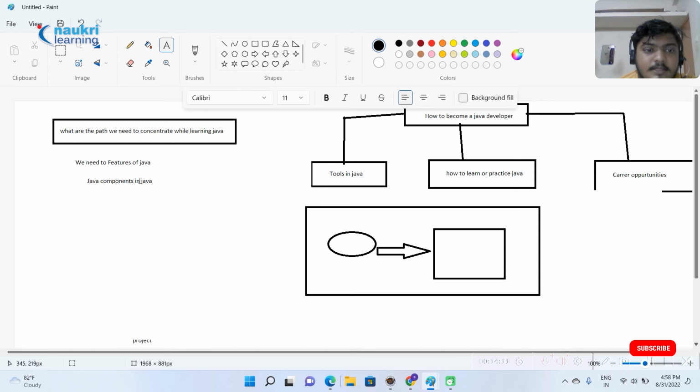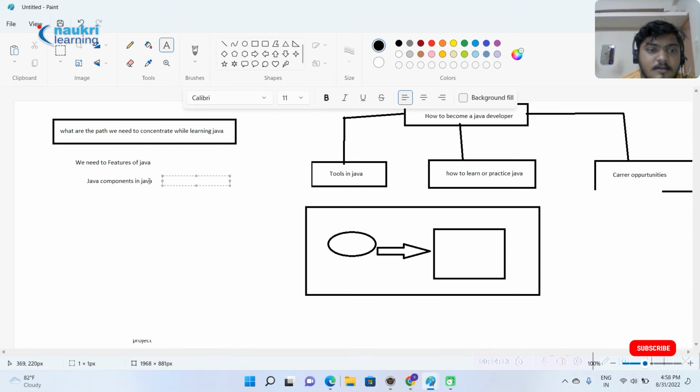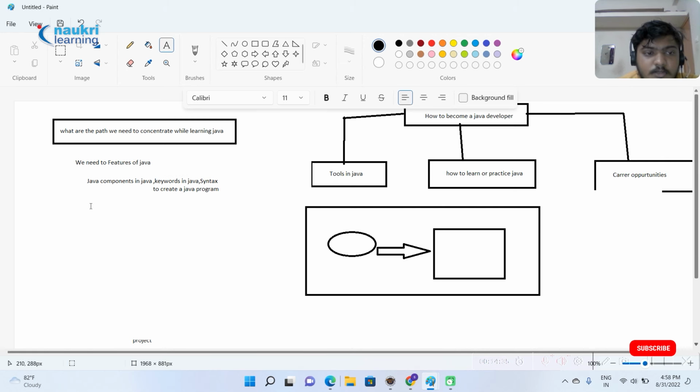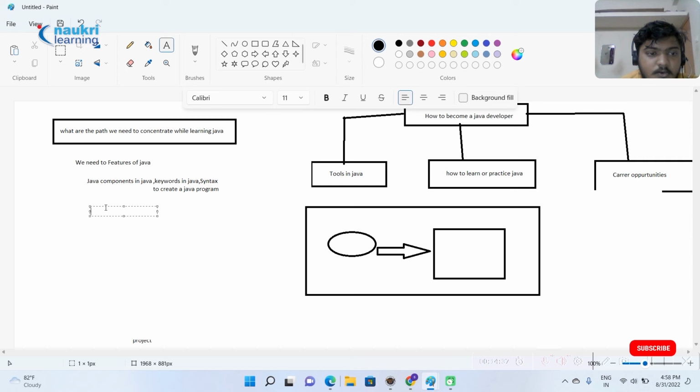What are the components in Java, then keywords in Java, then the syntax to create a Java program. Once you go through this, we need to know the OOPS concept,